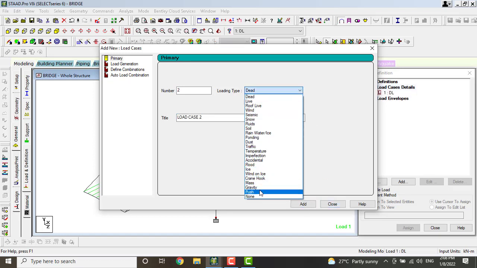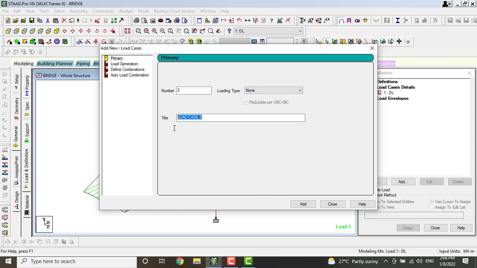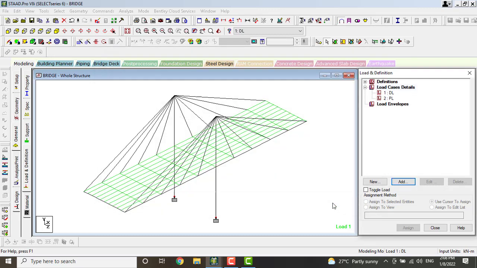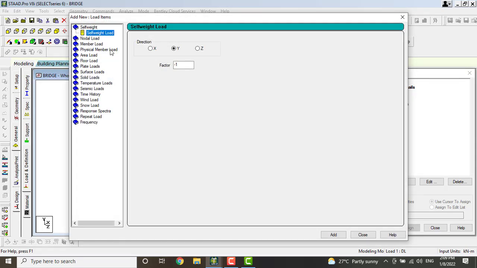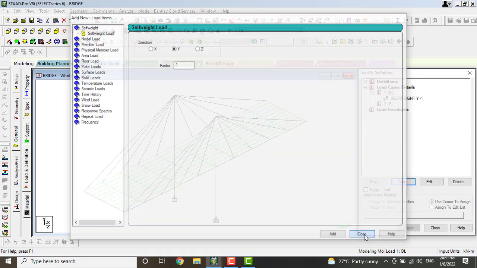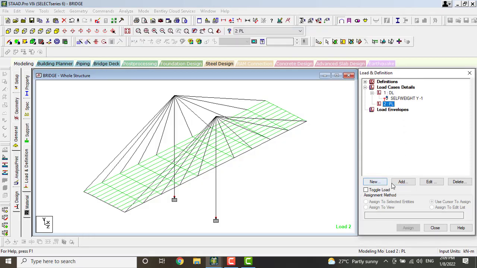Next, go to none option. Here we have to use the plate load. Click on add option and close. So go to dead load, add. Self weight is -1 in Y direction. Add it and close.